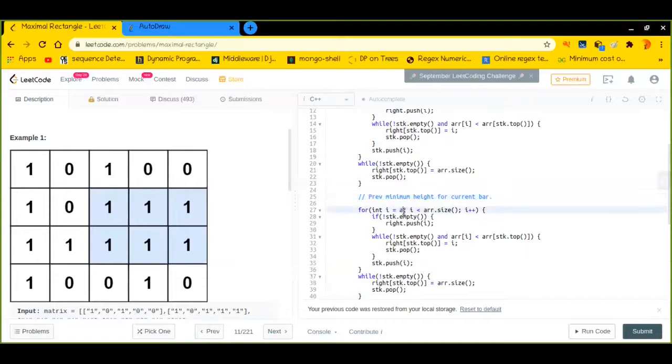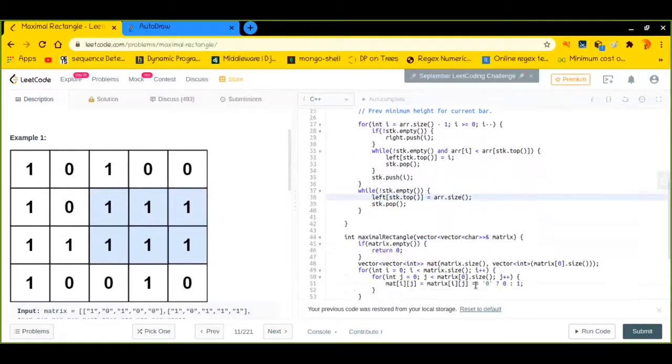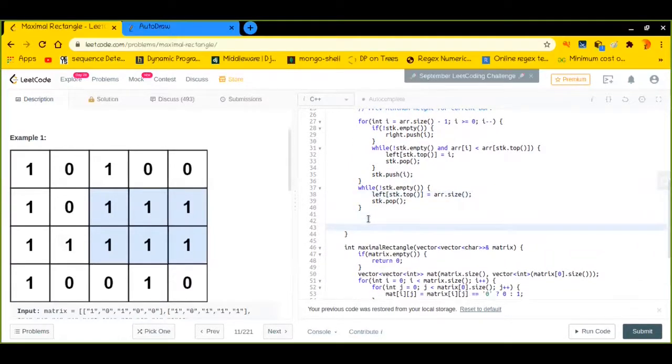In that case, we can just traverse the array from the end till the 0th position, and we decrease the i. Basically we are moving from right to left, and we do this very same thing. There is no issue, everything is correct. We only need to replace this as left, because we are trying to find the previous smaller element. So we have found out the next smaller as well as the previous smaller element.